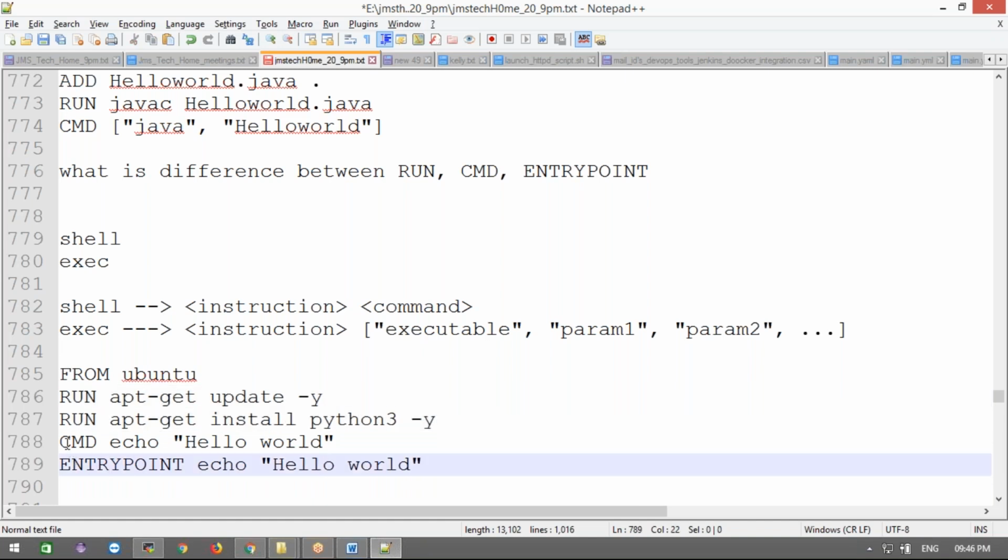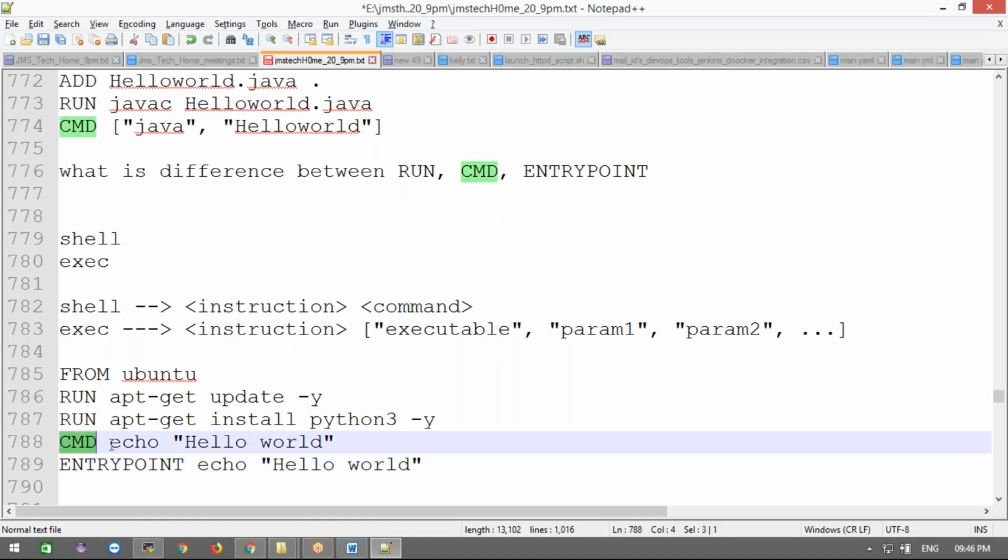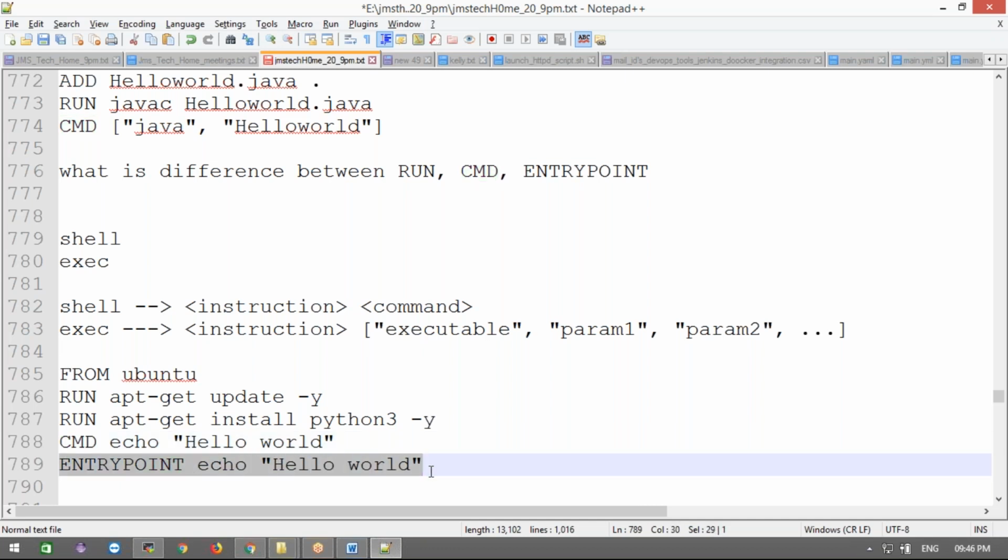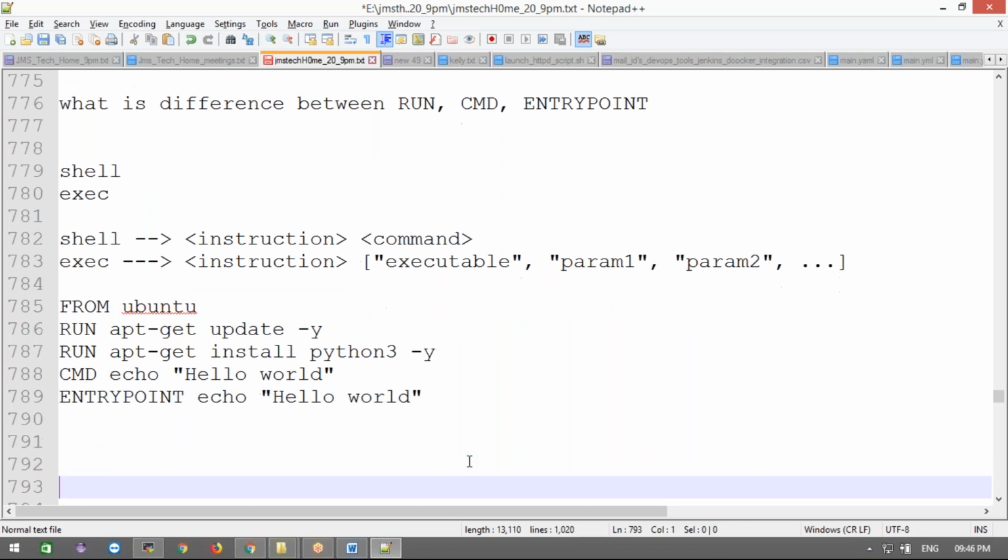And for the CMD value, when we are going to use CMD and when we are going to use ENTRYPOINT, that we are going to see. Whatever we give in the ENTRYPOINT, the final output will print that, and the CMD value too. Whatever we have specified as the last command, that command will go for execution. I'm going to show you how that looks.